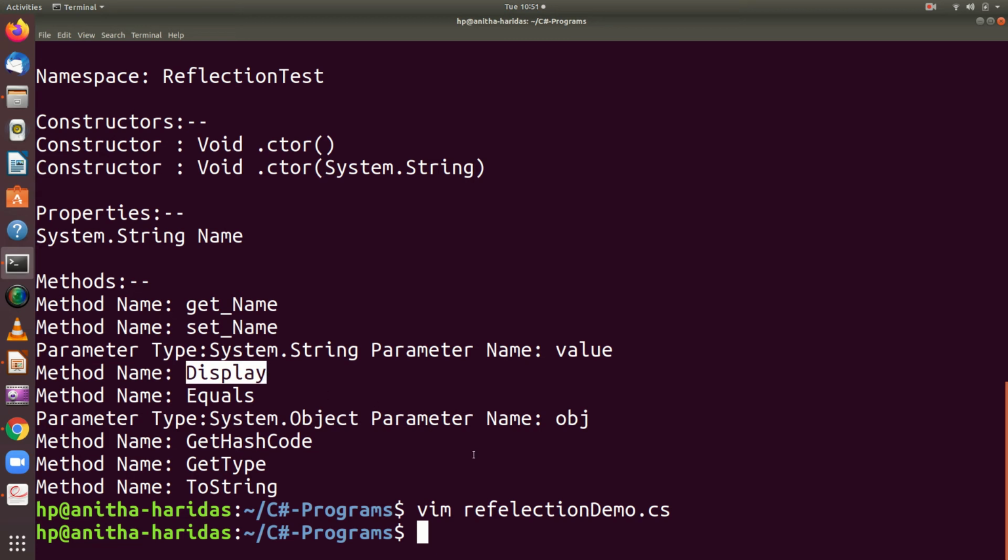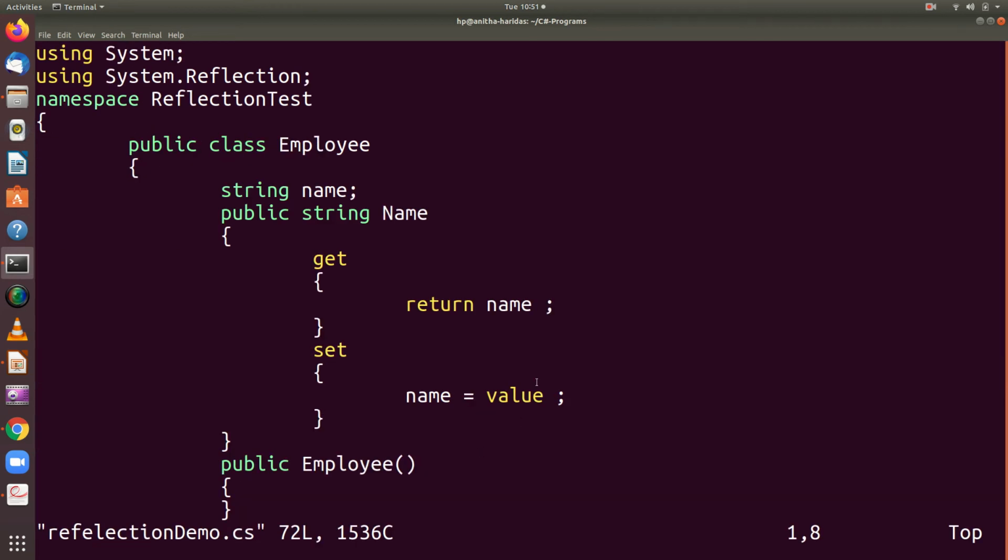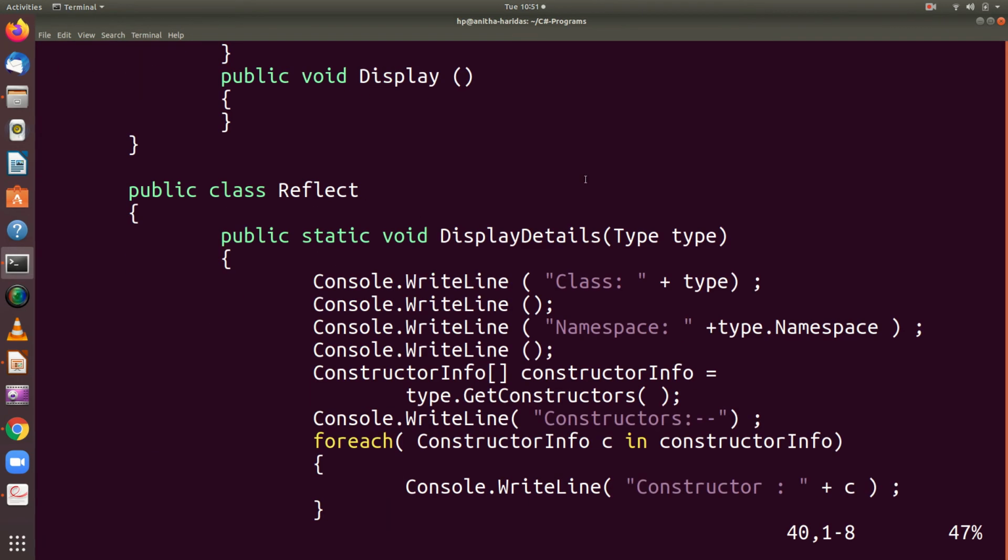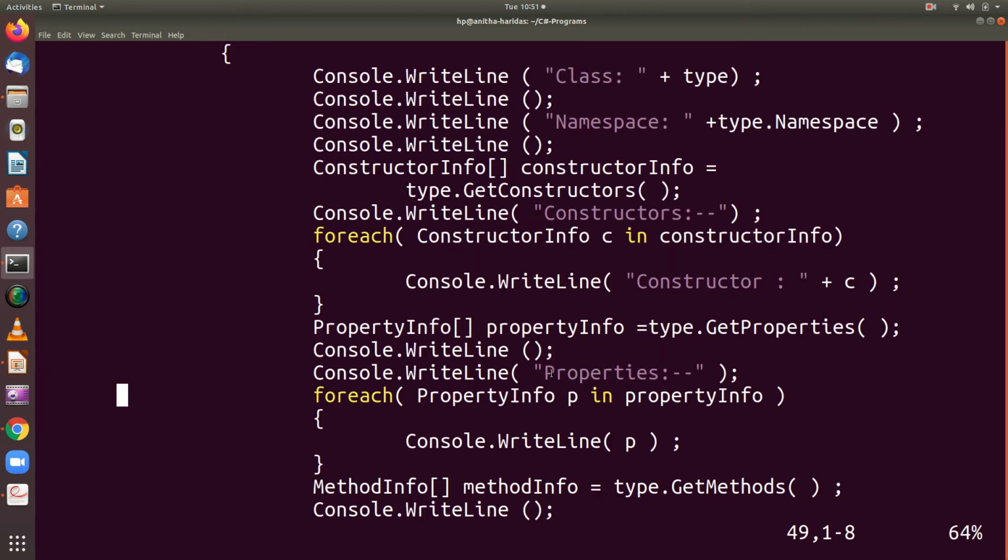So this is how the reflection will help you. The reflection will help you in understanding the metadata of a class or an object or a component or a method, whatever you call. All the metadata can be retrieved during the runtime. That is the advantage here.